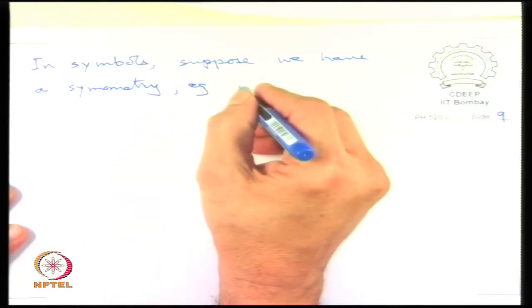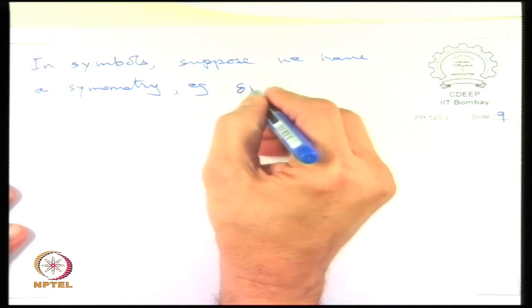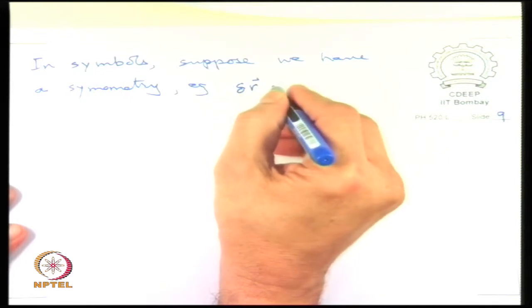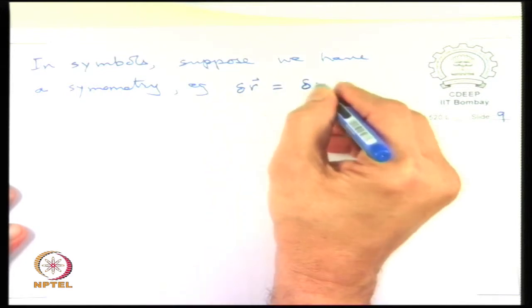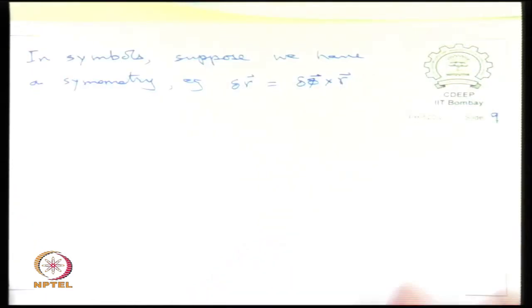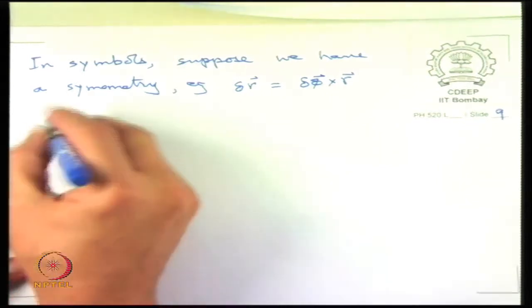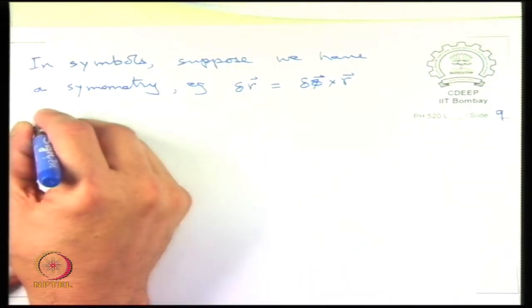for example, let us work through examples because that is the best. Delta R equal to delta phi cross R. Okay. This is a small rotation, an infinitesimal rotation. So, I have been meaning to tell this for quite some time, so let me spend a few minutes now to do it here. Note that